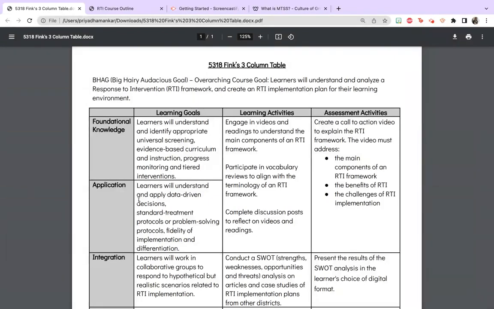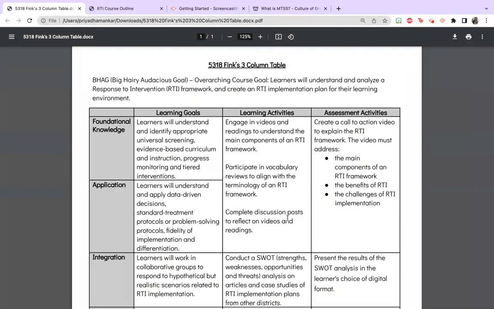Some of the learning goals that I've identified: there's a lot of very specific terminology that comes with RTI and even with MTSS. I would want to start by asking my educators to nail down the main components of RTI, which are universal screening, evidence based curriculum and instruction, progress monitoring, and tiered interventions.